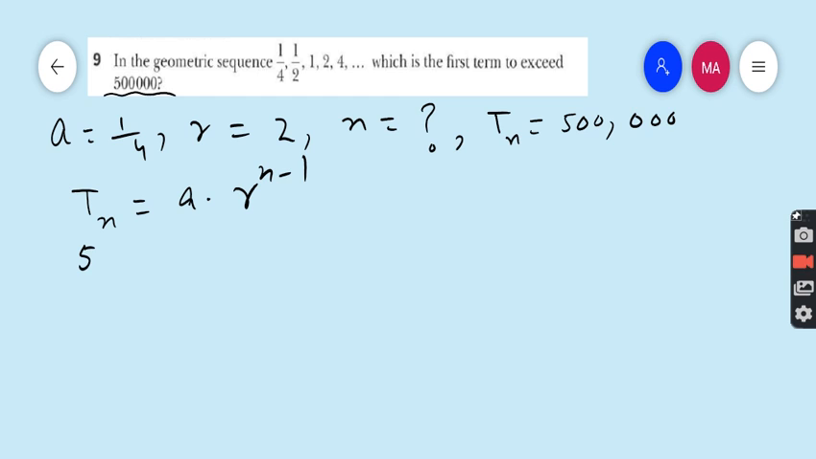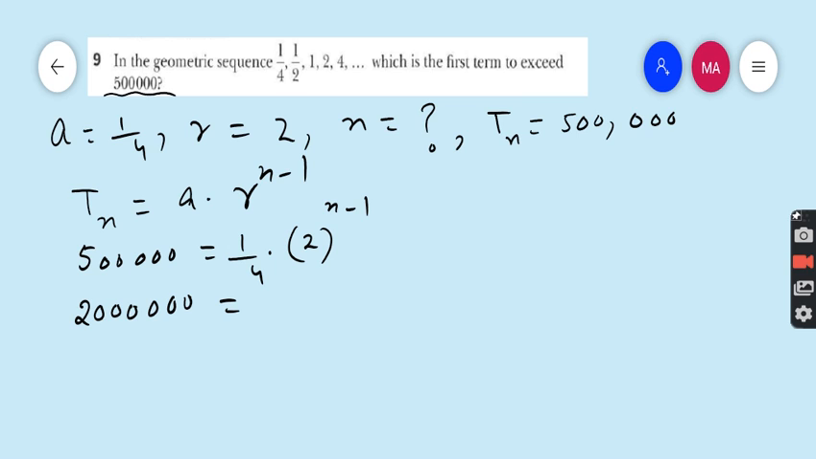Tn we have to put 500,000. A is 1 upon 4. R is 2 to the power n minus 1. Now we need n. So this 4 should multiply by 5. It is 20. Then 20 100,000